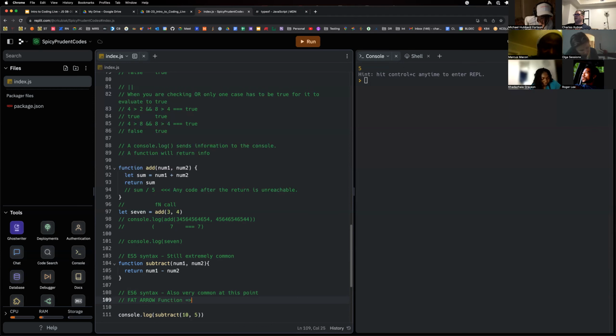And that is the fat arrow. All right. And so I can say something like const subtract equals num1, num2, fat arrow,